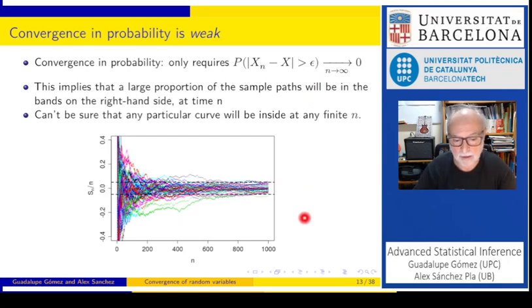It's kind of saying that if we have a normal distribution centered at 0 with a small variance of 0.001, it is not impossible that this distribution takes a value above 1000, but it is very unlikely. The idea should be the same. How can we deal with it? Is there another form of convergence that allows us to deal with this problem? Yes, there is, and it is almost sure convergence.